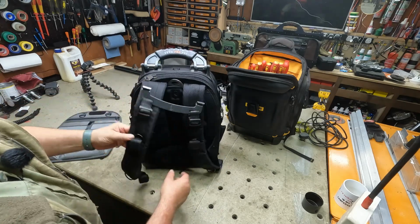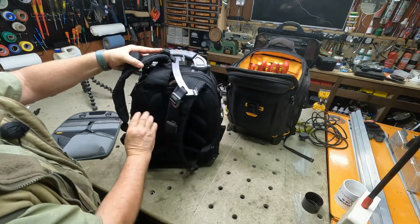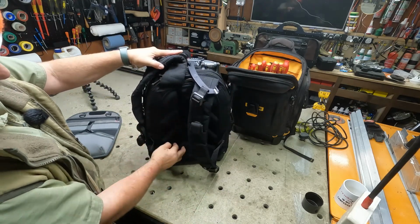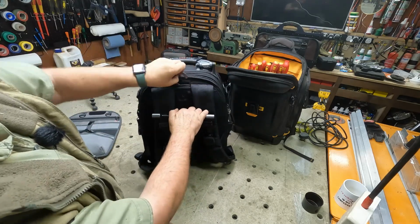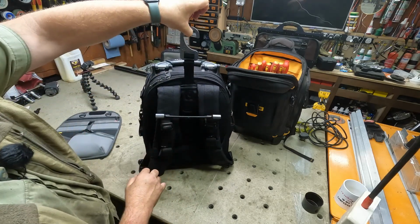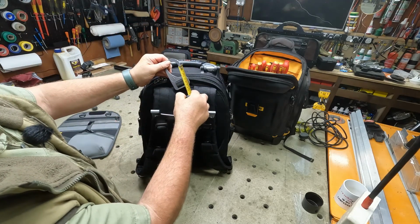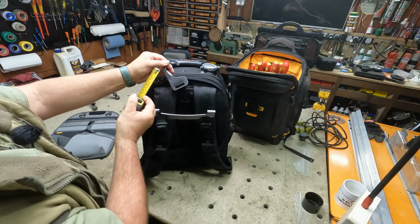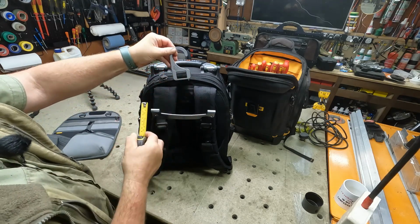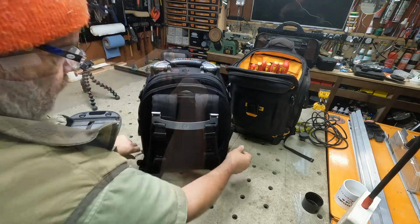On the back we have the rucksack straps. We have a nice cushioned backpack so it feels nice. There's a hanging hook, and the measurement of the opening is 35mm. So if the pole you're going to put it onto is less than 35mm, that will hang on it. On the back section,